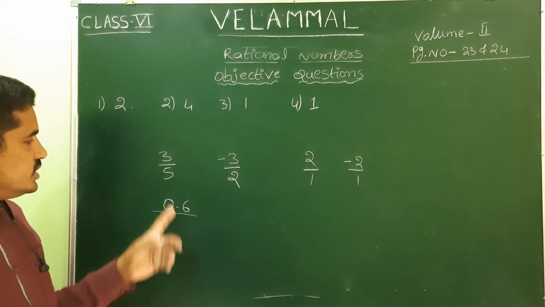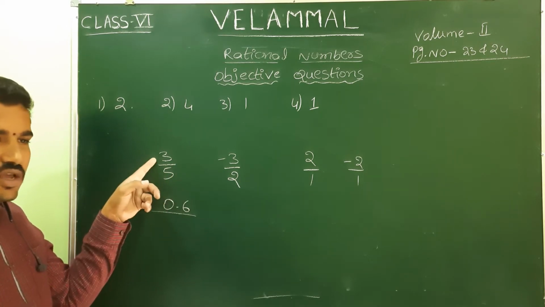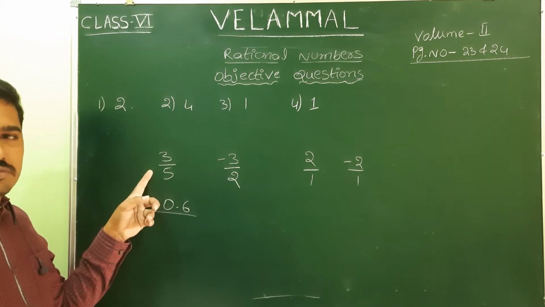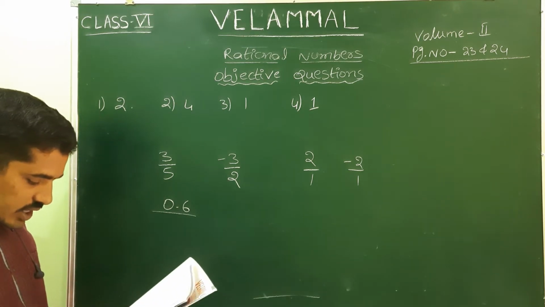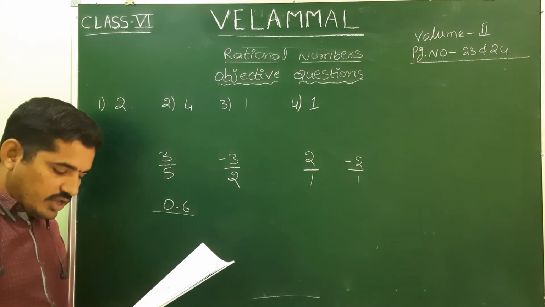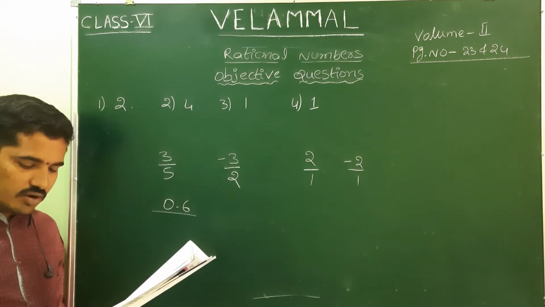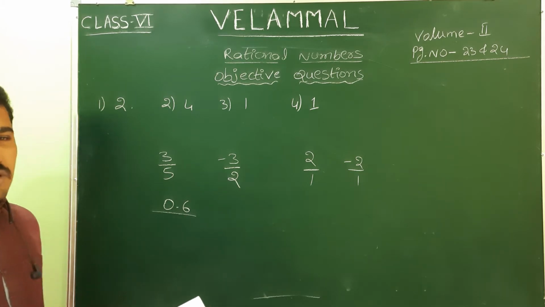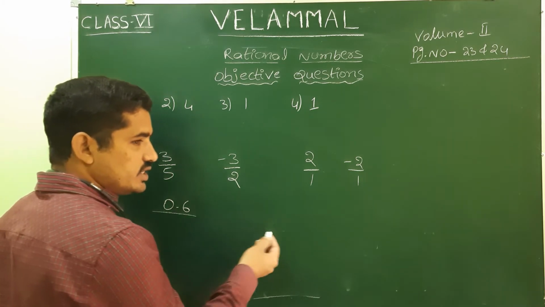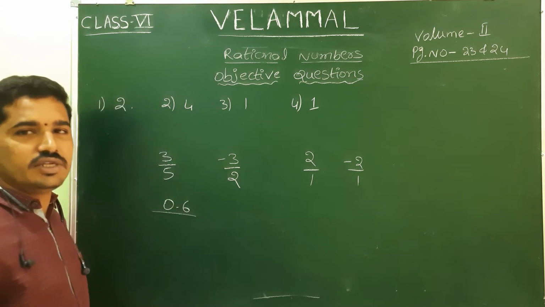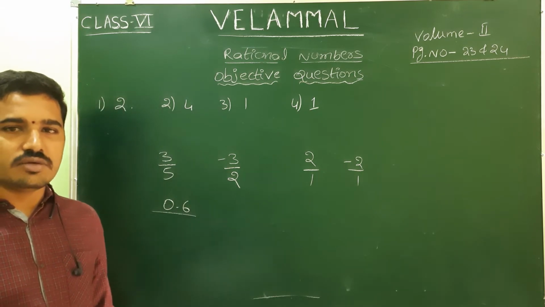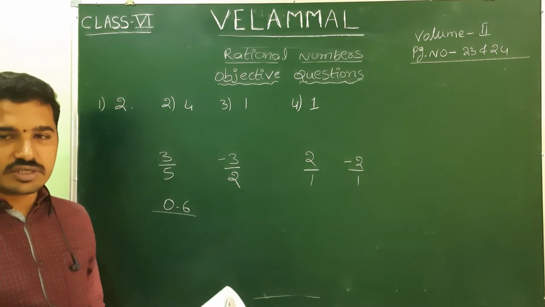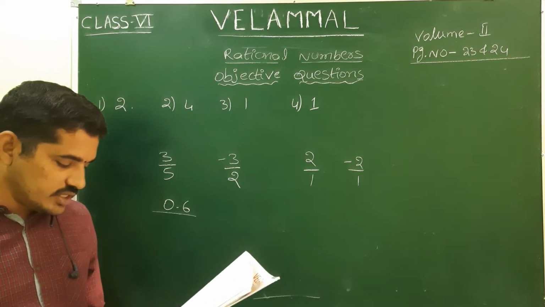Next, every rational number is an integer. Just now only we discussed. Every rational number is not an integer. So statement 3 is false. But every integer need not be a rational number. Why? All integers will be rational numbers. Already we discussed. All integers are rational numbers. But here it is said reversely, so statement 3 is false. Statement 2 is correct, statement 3 is false.